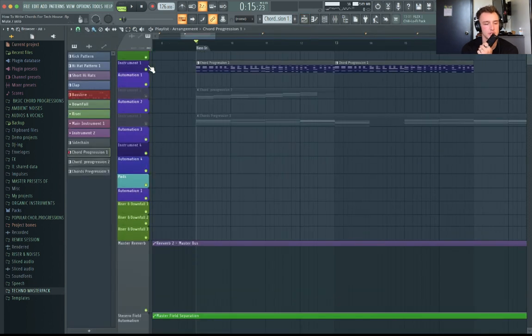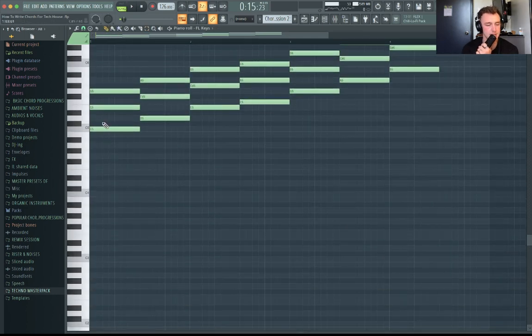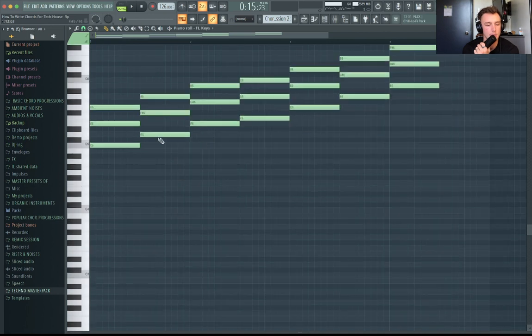So the next chord progression I'm going to show you guys is this one. Basically, it's not a chord progression how I would play it. What I did here, I just have C, E, G, the basic chord from C minor. And then what I did, this is the normal scale of C. And then what I did, I just added